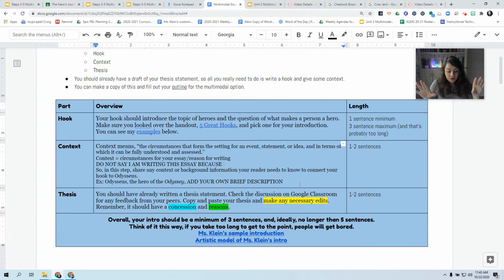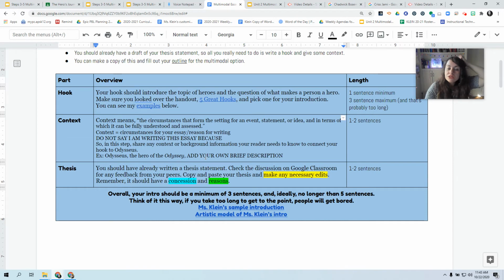I gave context for what Odysseus would do in that choice, and now I'm going to talk about Odysseus not being a hero. See, it puts it together, okay? It makes things go together. If you think about your introduction as a sandwich, the hook is a piece of bread, the thesis is a piece of bread. If you just hand someone two pieces of bread and say, here's your sandwich, they'll be like, no. You got to have some context in there so that your sandwich is filling. That made really good sense. You have all learned something.